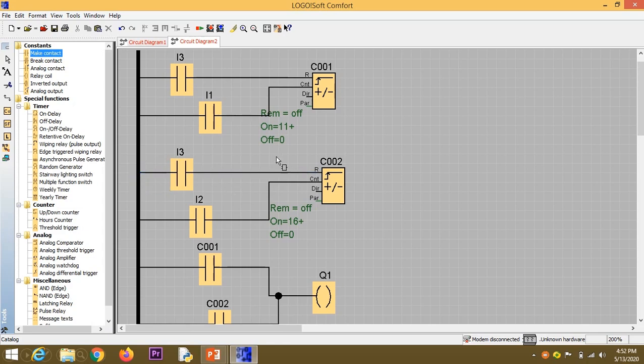I3 is for resetting the counters. Once we reset the counters, the output will automatically be 0.